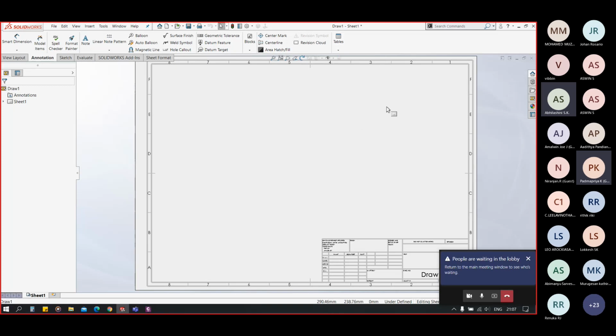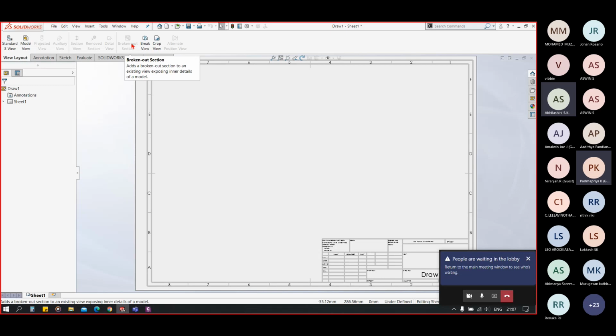We will see that in a few minutes. In the view layout, we have standard 3 views, model view, projected view, auxiliary view, section view, remove section, detail, broken-out, break view, and crop view.